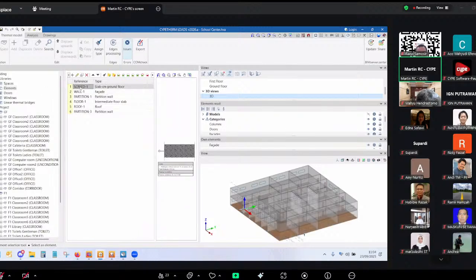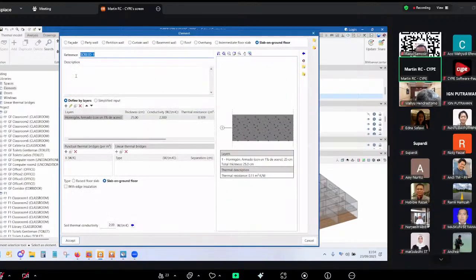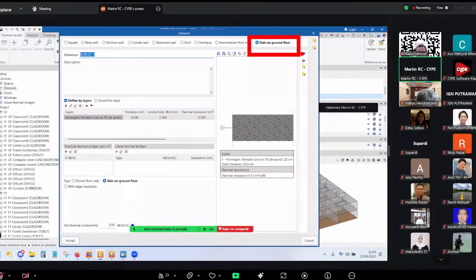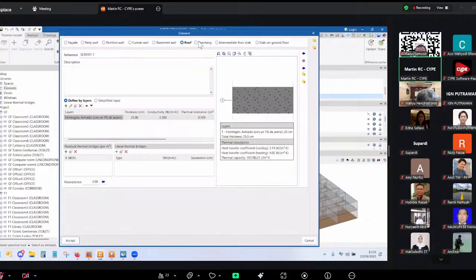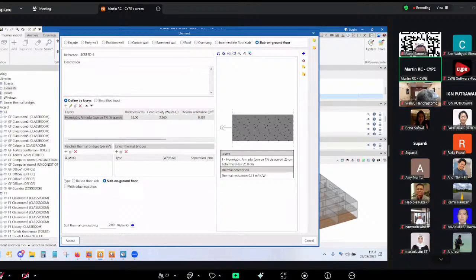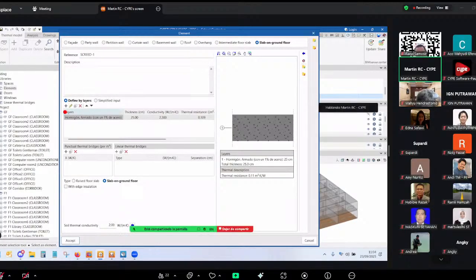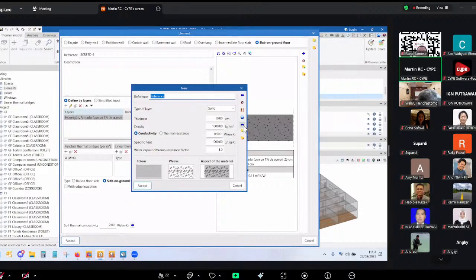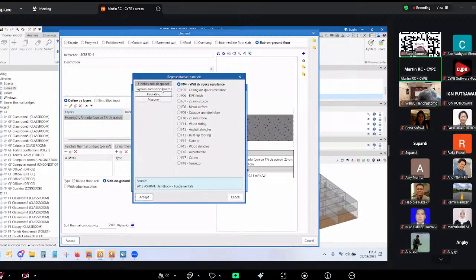We define the types, first of all, and then we can go define what is that element like, right? In this case, just grab the slab and say, okay, this is a slab on ground. It's not like a roof. Then if it's a slab on ground, we can define by layers. And in this case, it's just a bunch of concrete, right? This is a really simple example, and that's it. So the way to define it was like, okay, add a new layer, grab the materials there, and look for,